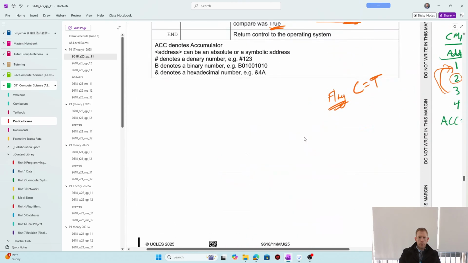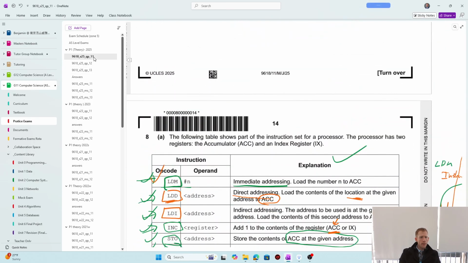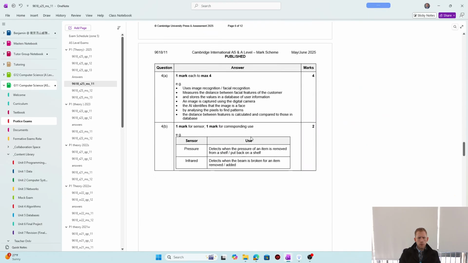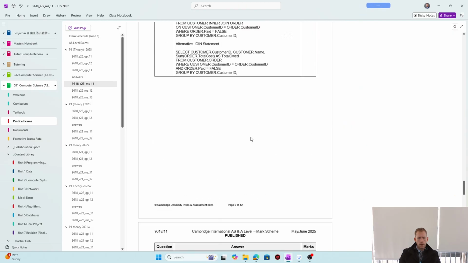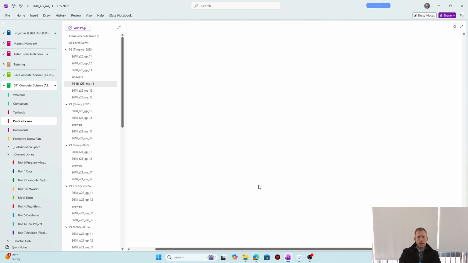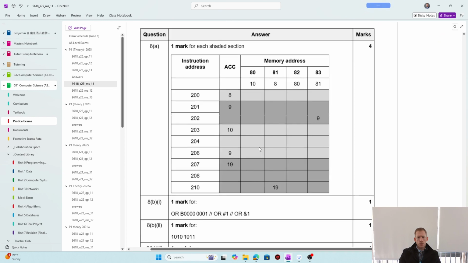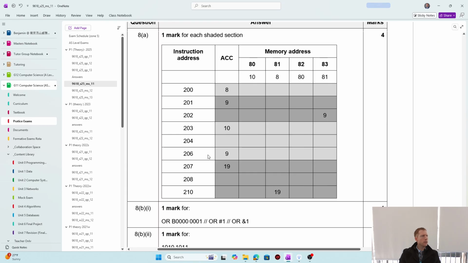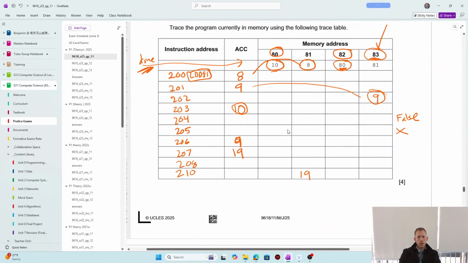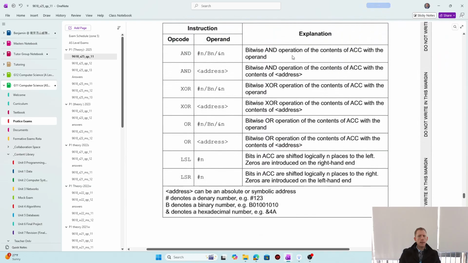So this is question number 8 on this exam here. So question number 8. So let's just zoom down. 7, 8. Does that look the same thing? Does it look the same? Is this correct? Wendy? Is this correct? 8, 9, 9, 10, 9, 19, 19? Looks the same to me. So you guys are okay with the